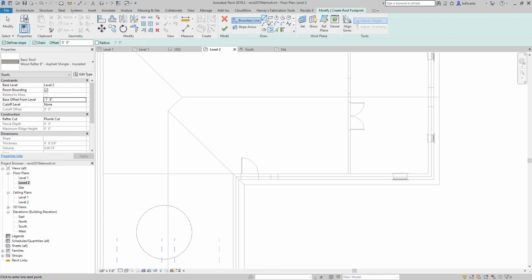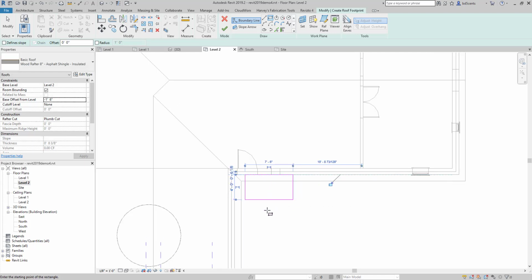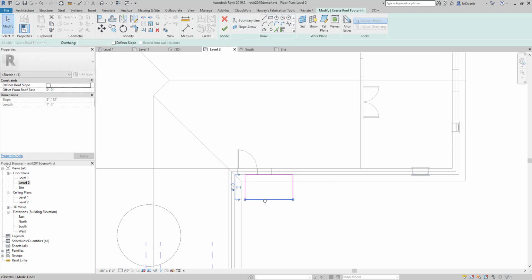So we're going to draw using the rectangle tool, and we're going to uncheck Define Slopes. So what we're going to do is create a sketch for a roof, which will essentially be drawn from this wall across here. And then I want to select this. I hit escape twice, and I'm going to select this front horizontal line and define that slope. I want this to be a 1 to